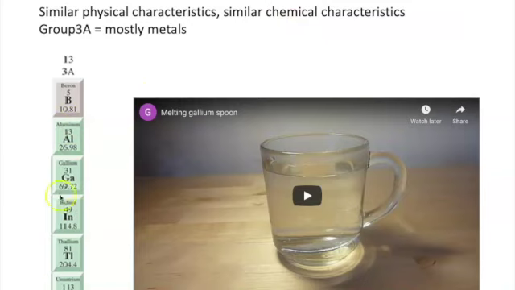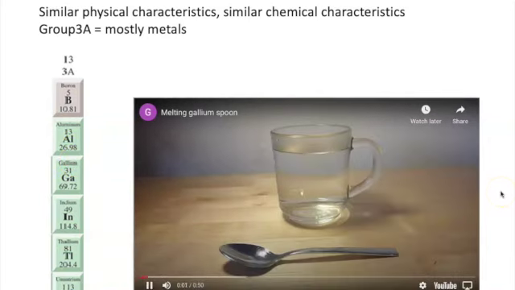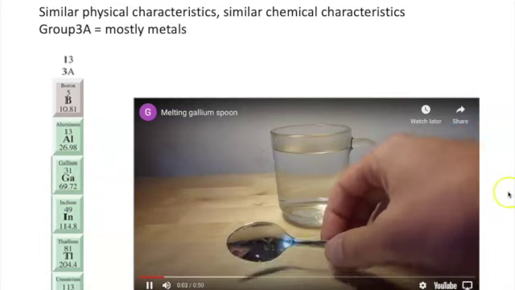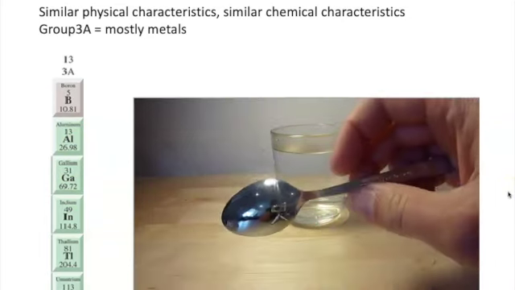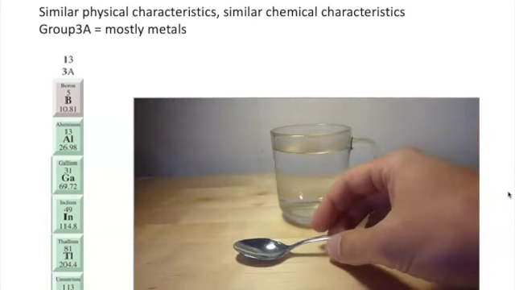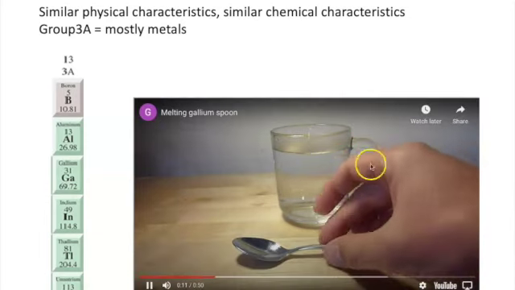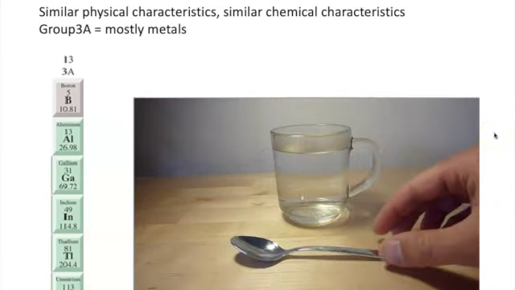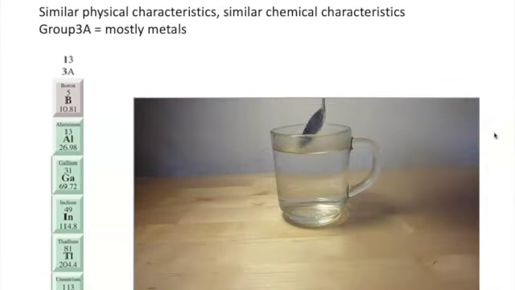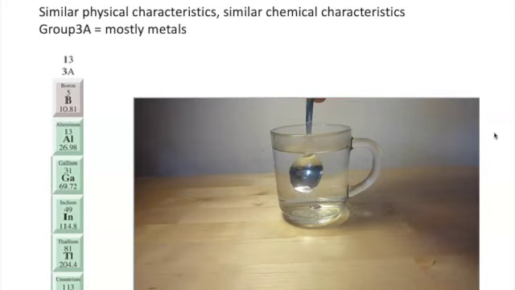Just like in your family, you share the same DNA, you share the same physical characteristics and maybe the same personality traits, but not completely the same in the same human family. So the same is true about this comparison of aluminum to gallium. They look the same, but this is gallium, a spoon made out of gallium. Looks like aluminum, right? Close enough. And then this is a cup with hot water in it. So that's just, it's not any kind of acid. It is just hot water. And look what happens to that